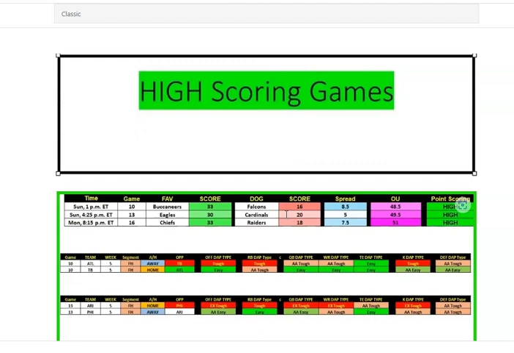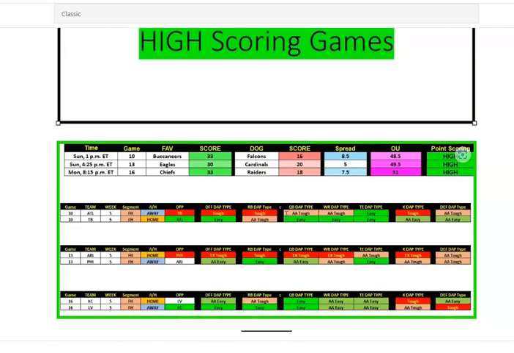Kind of weigh what's tricky and what's not. So I will spend some time. I don't want to bore you with an hour of me droning on. So part of this is you learn to figure the ins and outs here. But here are the high scoring games: Tampa Bay, Falcons, Eagles, Cardinals, Chiefs, Raiders, figured to be 49 points roughly or higher. So that usually means goodness and good times for players.